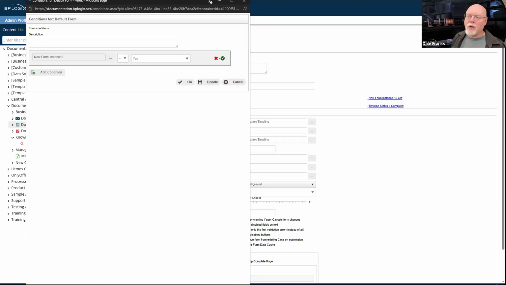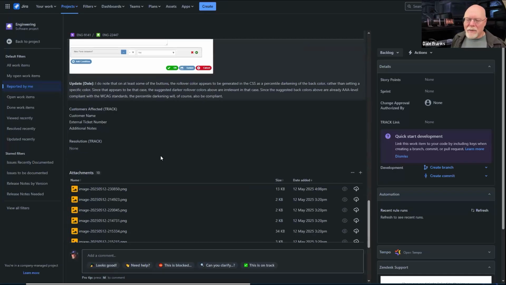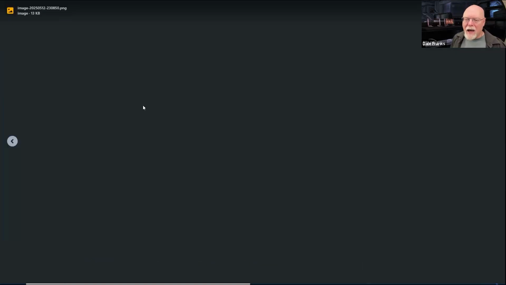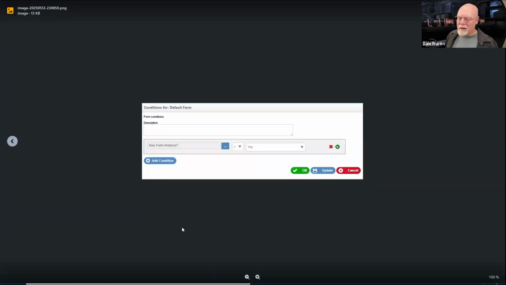But what we're trying to get to, at the end of the day, is something that looks like that. So we're using the Google Material UI. We're going to make these buttons more distinct. They're all going to be the same.